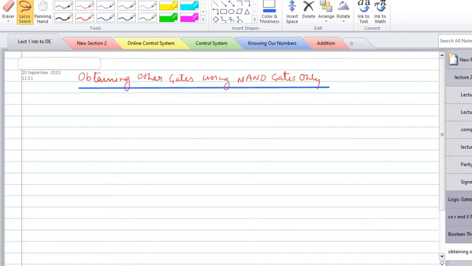Obtaining other gates, or designing other gates using NAND gates only. In this category, we first design a NOT gate using NAND gate only. Okay. For this conversion, we have to start with the function NOT, where NOT is